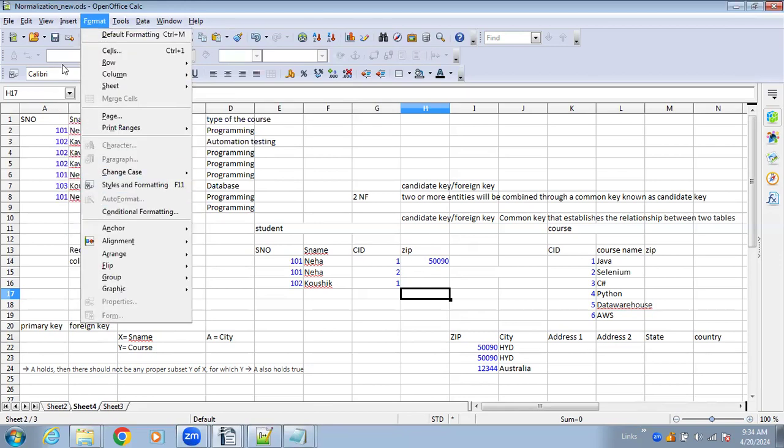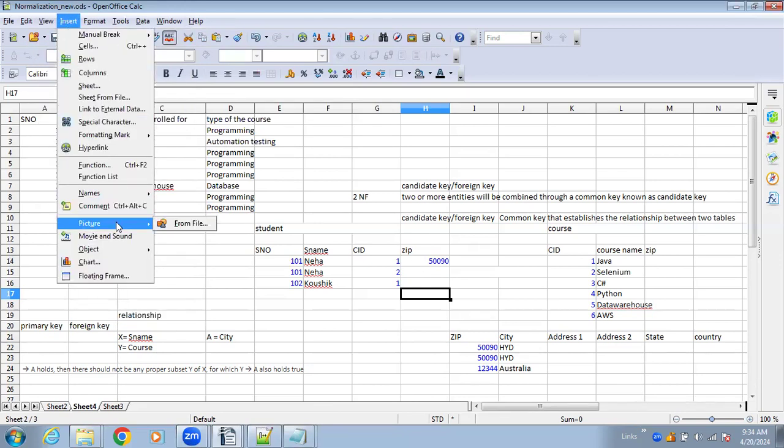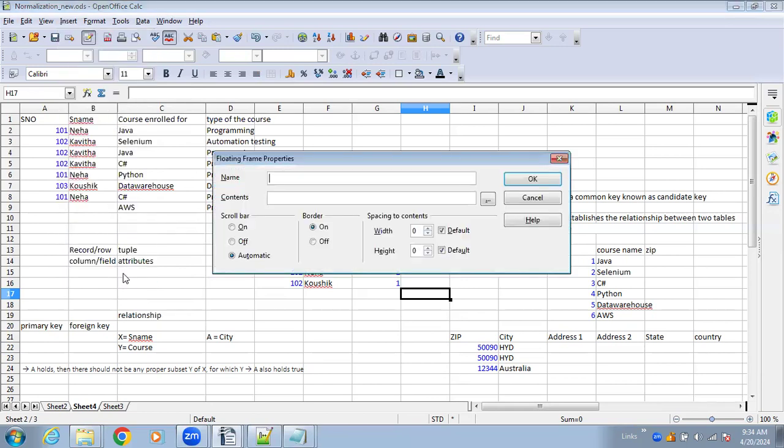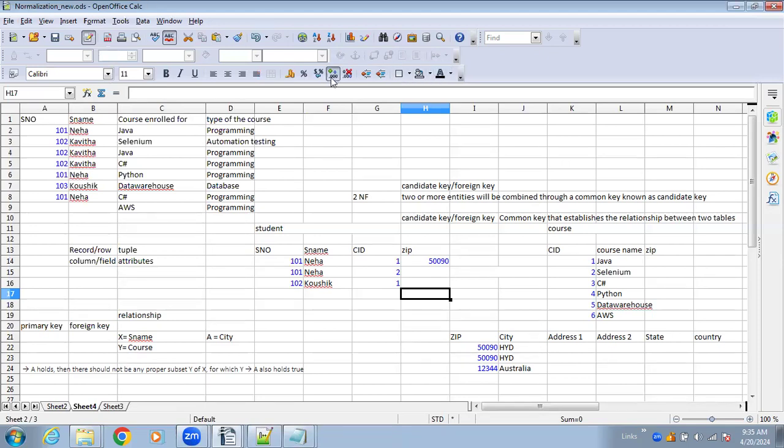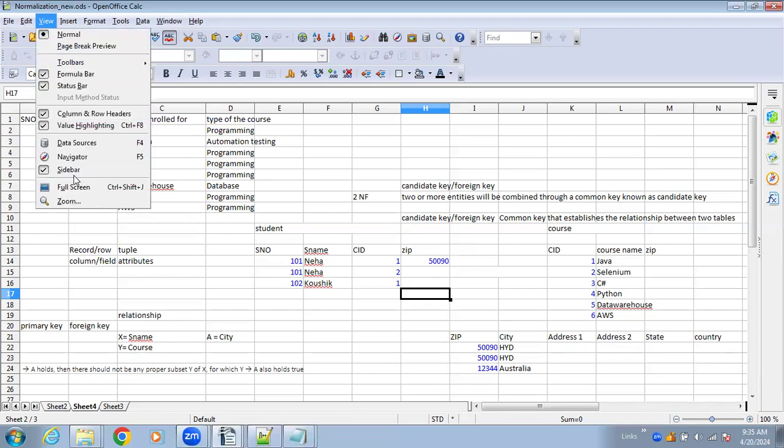Insert rows, picture, insert picture. It's from file, open file. They're all some properties, some lines and all will be displayed in MS Office. So I was just trying to